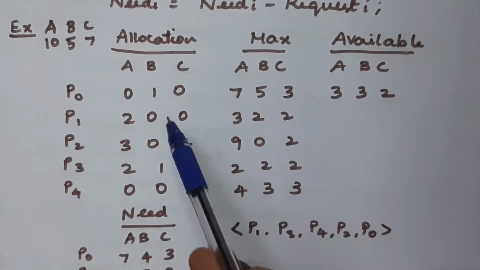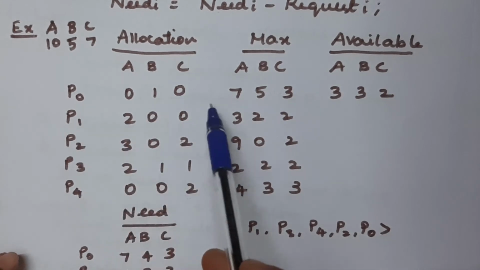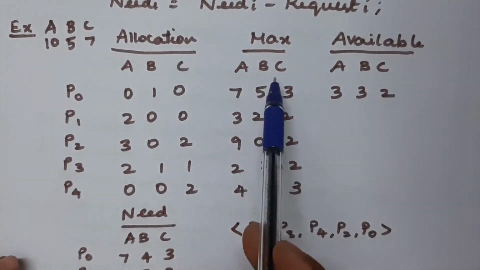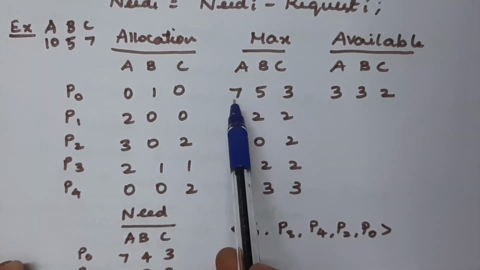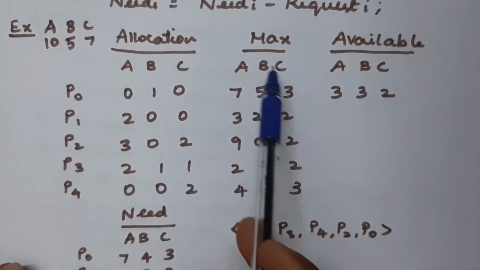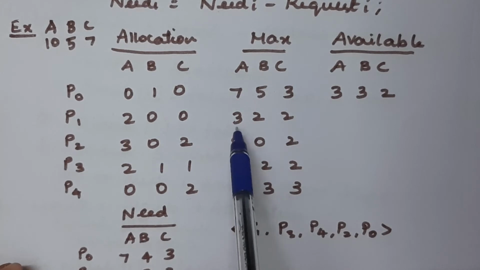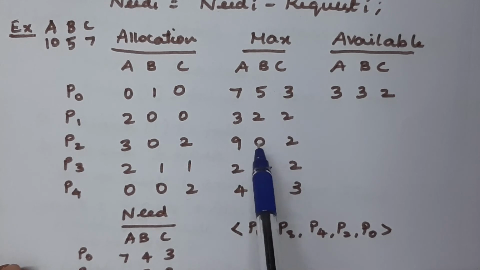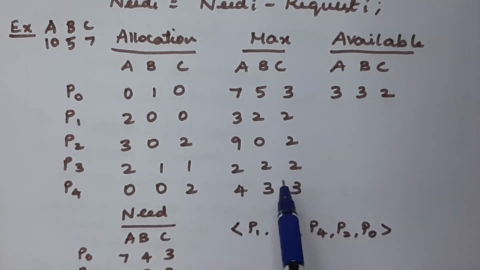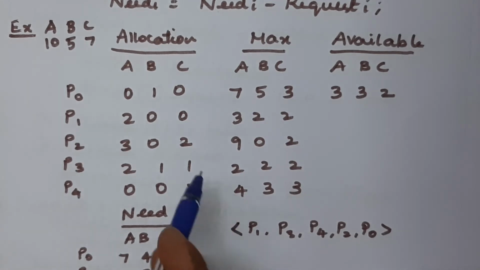Now, allocation. Here these are the processes which need some of the resources of type A, B, C. The maximum need of the first process P0 is 7 of type A, 5 of type B, 3 of type C. Similarly, the P1 process needs 3, 2, 2 of types A, B, C respectively, and then P2 has its maximum need. Maximum need means the total number of resources it needs to perform its entire task. That is the max value.